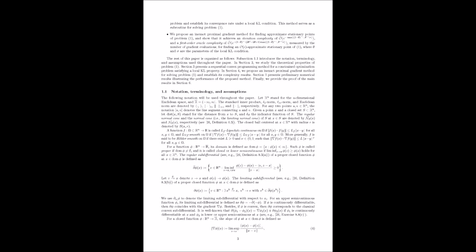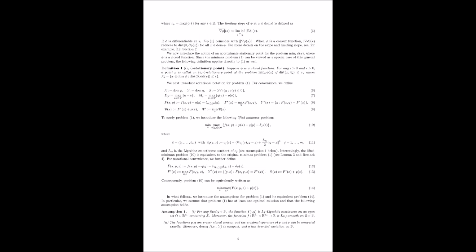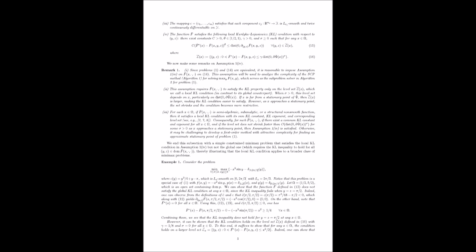Just like the regular normal cone, the regular subdifferential can be too small or empty for non-convex functions at certain points. So we need the limiting version again. Exactly. We need the limiting subdifferential, denoted ∂φ. Okay. Again, it's defined via sequences. Let me guess. We take sequences x_k converging to x, find regular subgradients v_k at x_k, and if v_k converges to v, then v is in the limiting subdifferential.